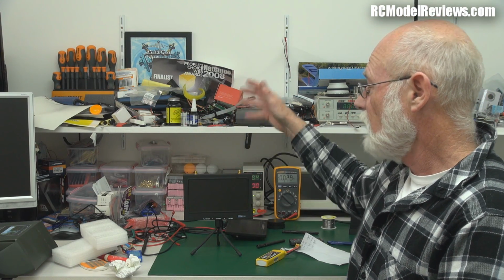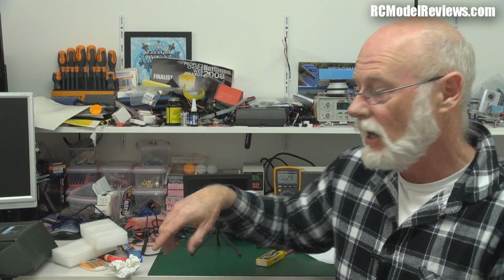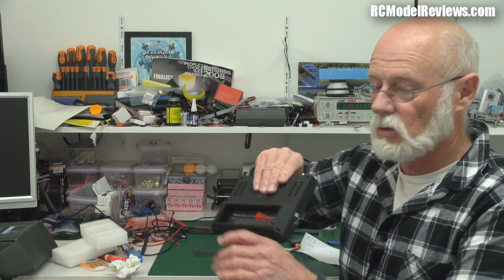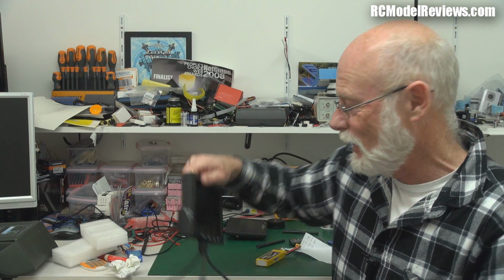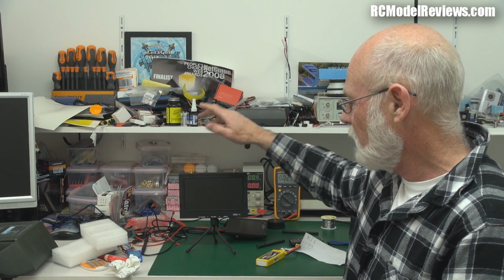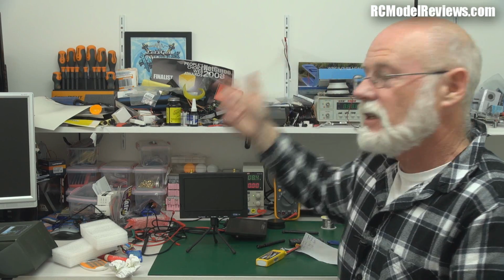It's got a built-in speaker, that's nice. It's got multiple power sources. It's got the two external jacks for putting up to a 6-cell LiPo on, and it's got the internal battery compartment, which will take a 2-cell pack, and a 3-cell if you push really hard and use the right battery. On the downside,